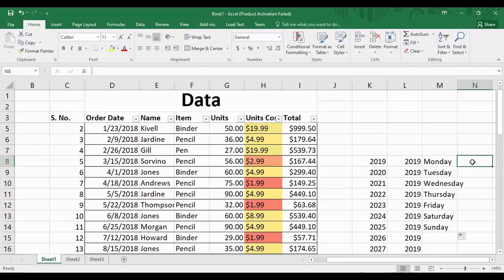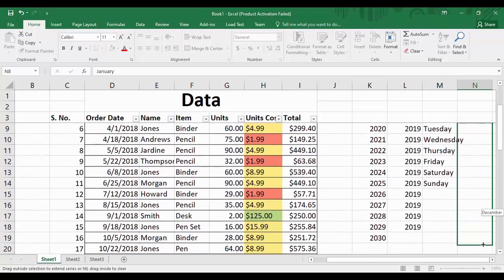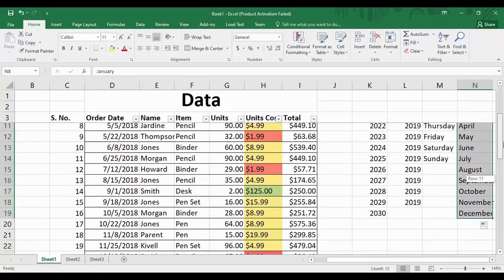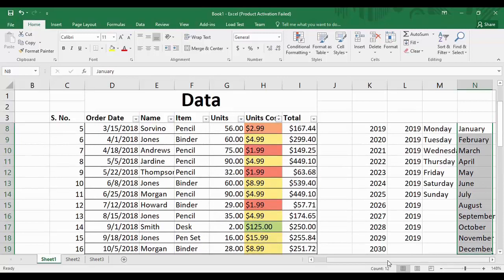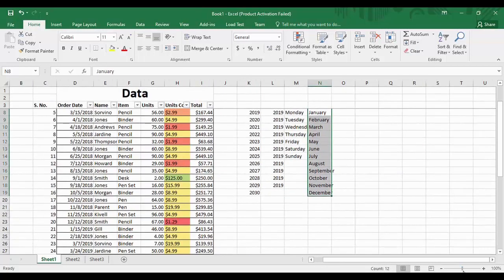Similarly, it does the same with the names of the months. Like if you type in January and drag, you can see that all of this data is filled up itself: January, February, March, April, May, and so on.